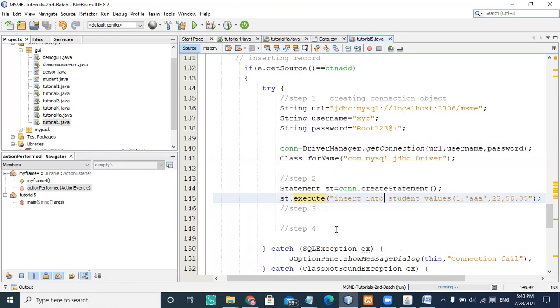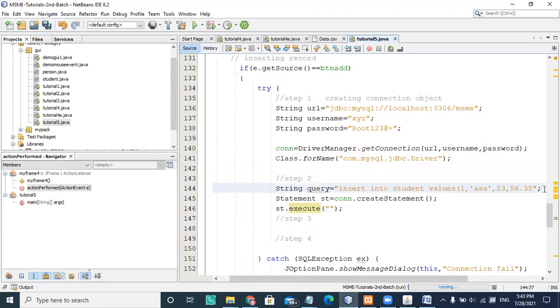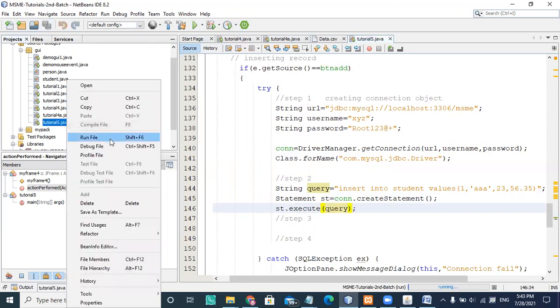So what I'm doing here, I'm creating a statement, say string query here, and instead of writing those contents here, I'm just passing the query as a query statement. And I'm closing it here. This is my bracket, I'm closing, and I'm just passing the query here. And how did I come to know that my execution is successfully executed?